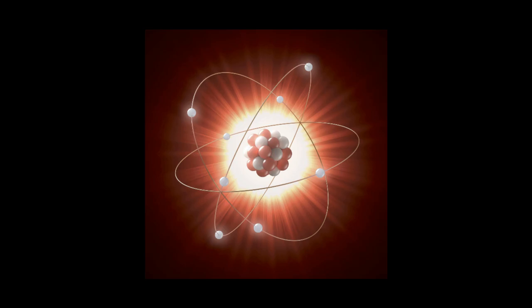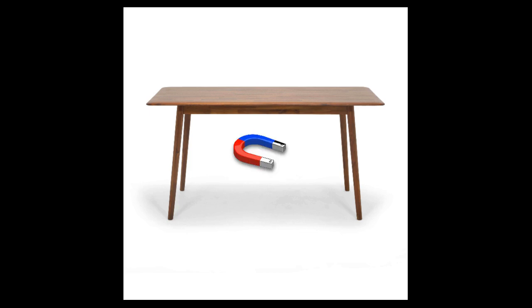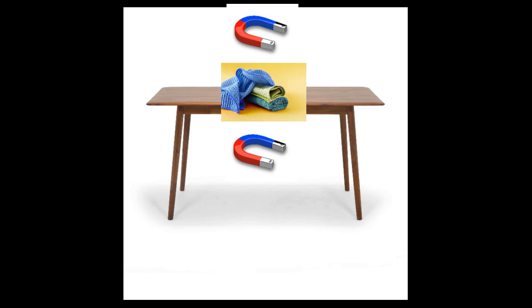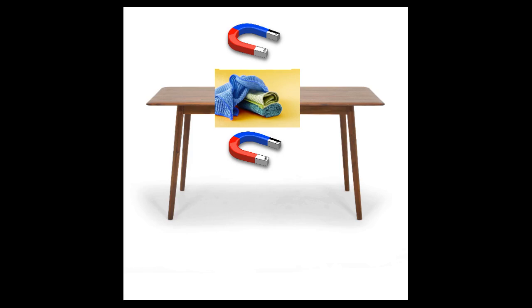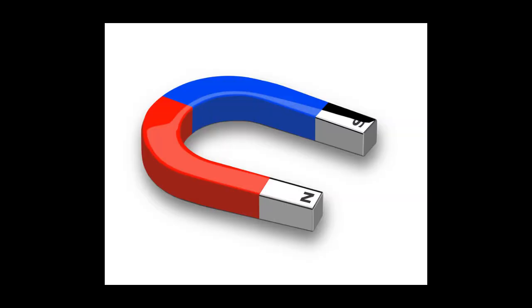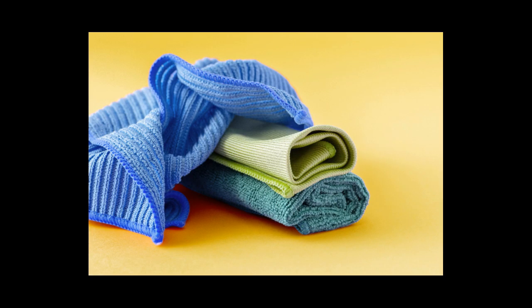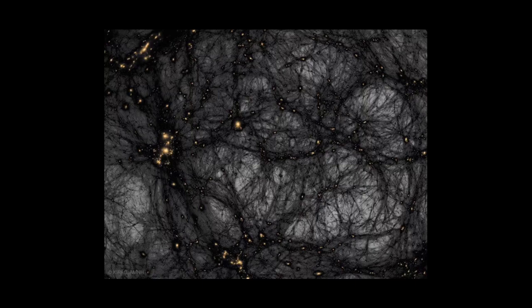So a good example is when you have a table and you put a magnet underneath, and you put a cloth on top of the table, and you put a magnet on top of the cloth. When you put your hand on the magnet underneath the table and start moving it around, the cloth will move too. And this is a perfect example of dark matter because, assuming that the magnet is dark matter, you can see its effects on other types of matter because the cloth will move too, but we don't really know what's happening or how, because we can't see the magnet underneath the table. And this is a really good example of how dark matter really works.